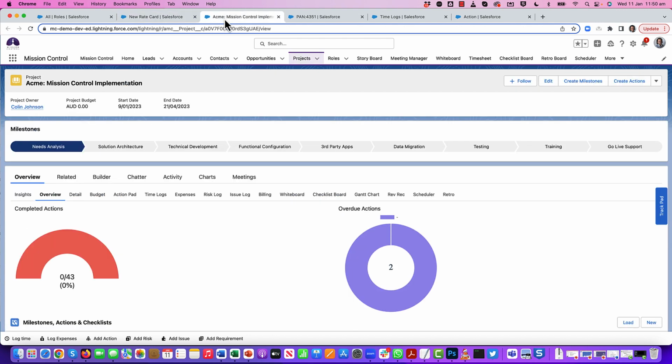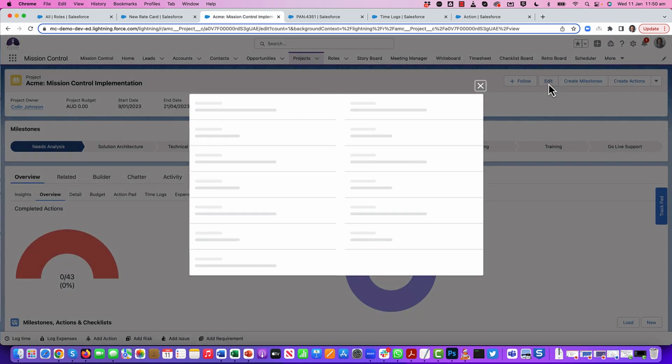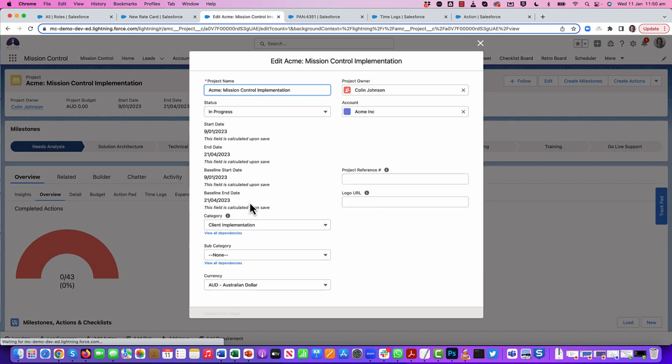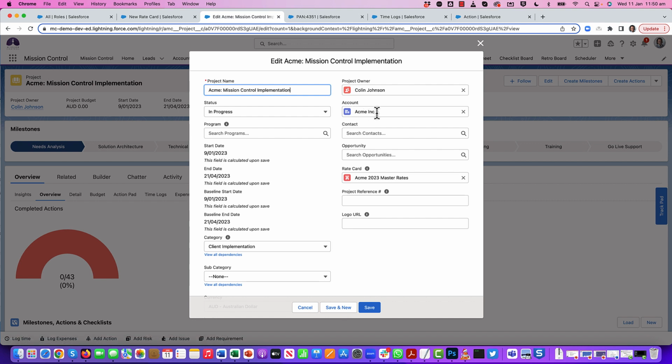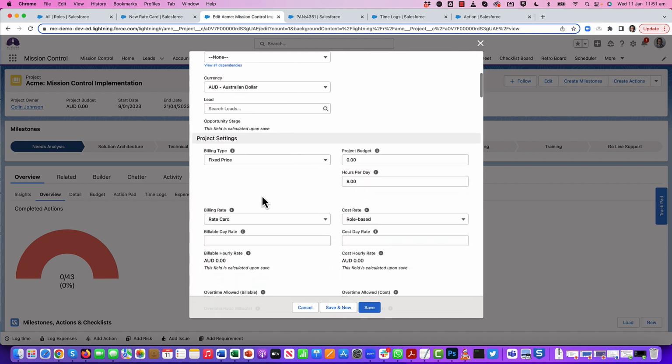So I'm just going to jump over to a project that I have for Acme. I'll just quickly click into Edit to show you. So what I've done is obviously selected Acme as the account, and that allows me to then choose from the rate cards that relate to the Acme account. So I've selected the 2023 master rates, and then the key thing to note here is I've added in my new values of rate card to the billing rate and the cost rate. So I'm selecting rate card to be used as my billing rate, but I'm still using role based as my